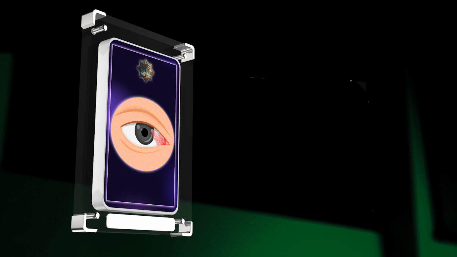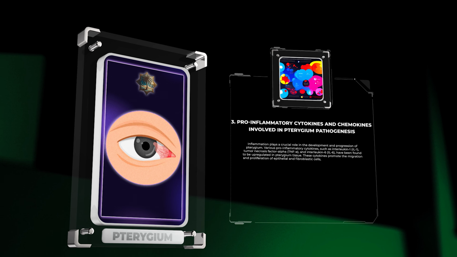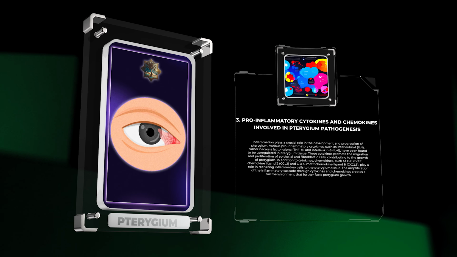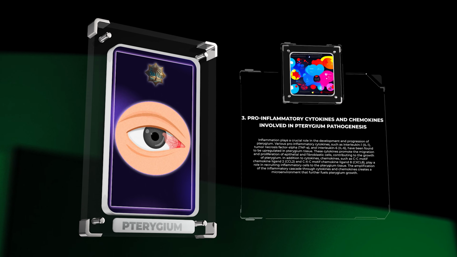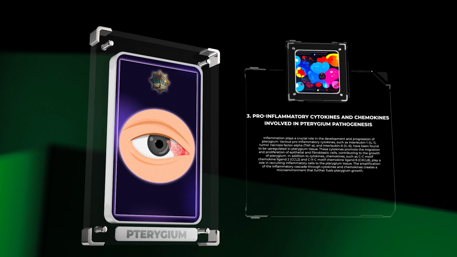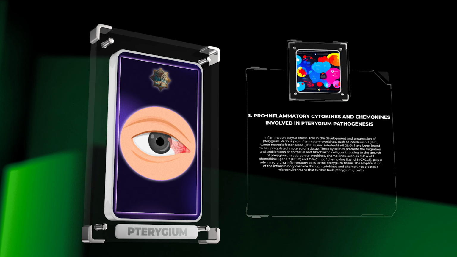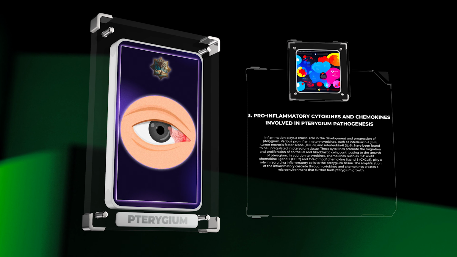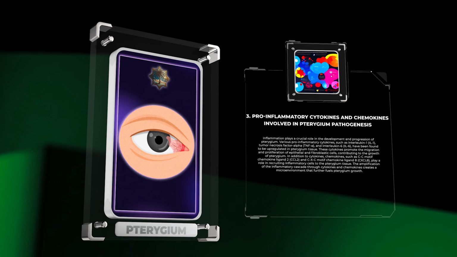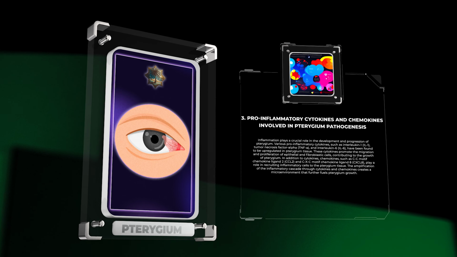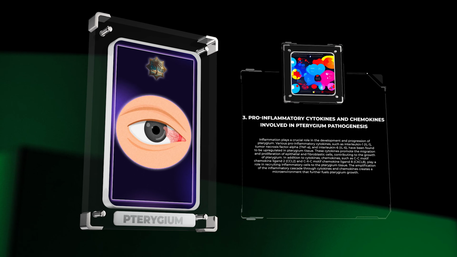Inflammation plays a crucial role in the development and progression of pterygium. Various pro-inflammatory cytokines, such as interleukin-1, IL-1, tumor necrosis factor alpha, TNF-alpha, and interleukin-6, IL-6, have been found to be upregulated in pterygium tissue. These cytokines promote the migration and proliferation of epithelial and fibroblastic cells, contributing to the growth